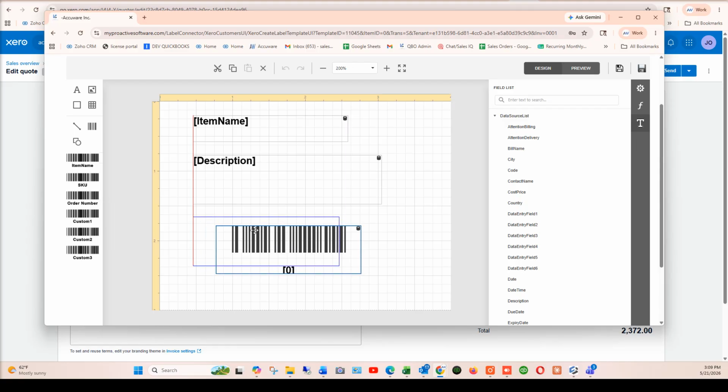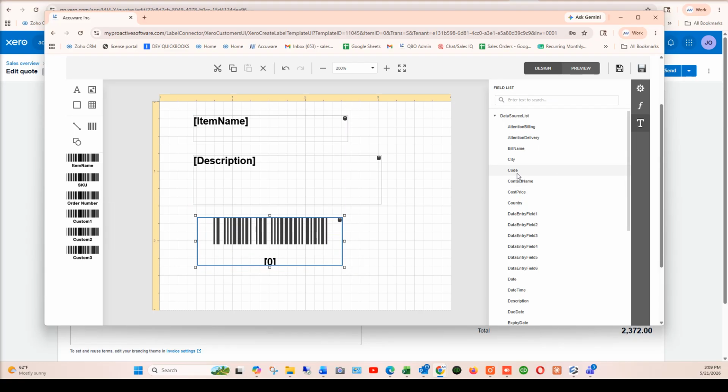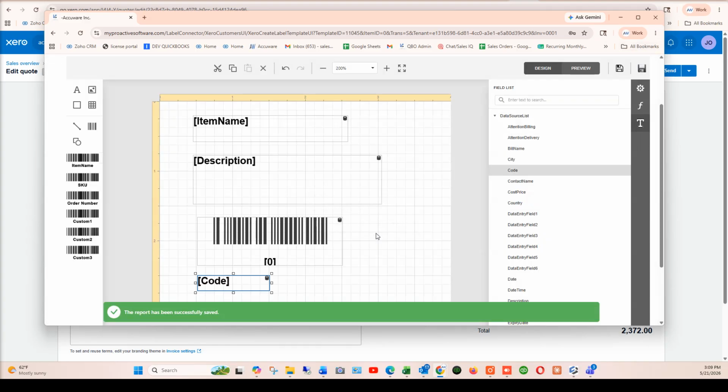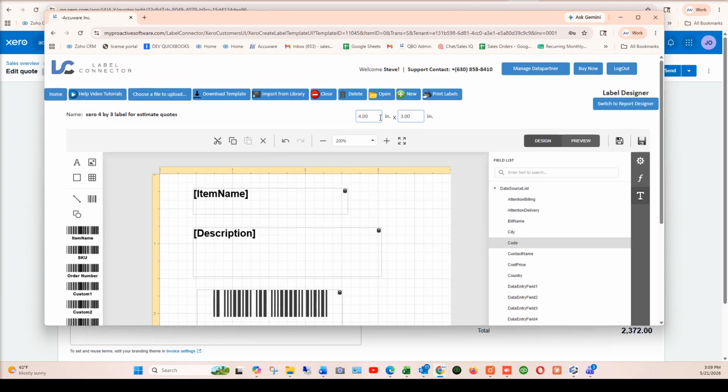If we wanted to, for example, add the Zoho code to this, you simply grab the data source, drag it over, and save it. And you can design any size labels you want. So it's kind of like your labels your way, as we say, but quick and accurate. You're pulling the data out of your Xero account, and then you simply go back to the home page,